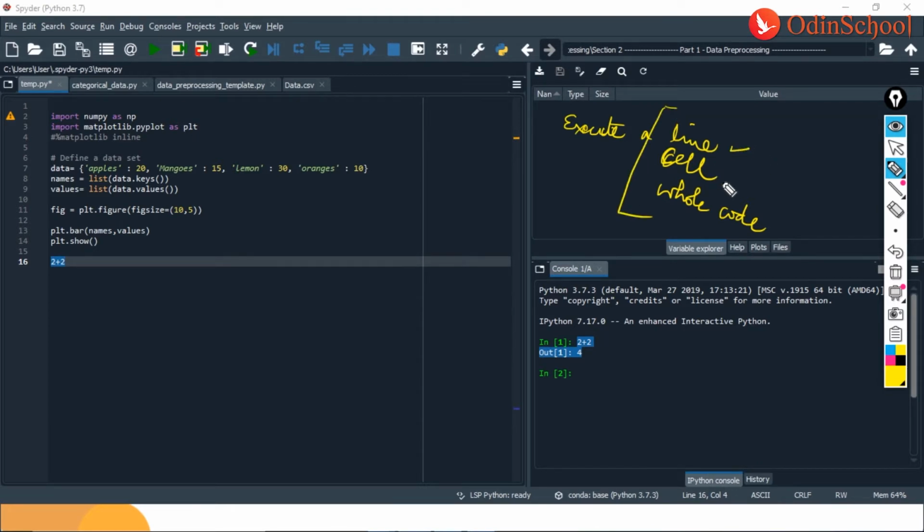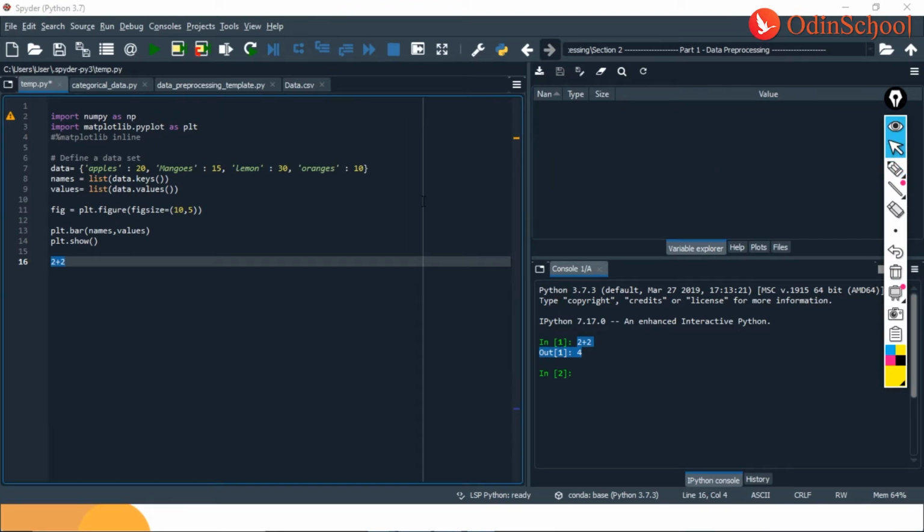You can execute a line or a cell or a whole code, and here I am doing all the three, but in this step in specific, that is when I was executing 2 plus 2 and my answer came out to be 4, here I was executing just a line. Now we would look at other variants of execution too, so that you understand things. All right, so that was step one for us. That was the first part that we would want to talk about.